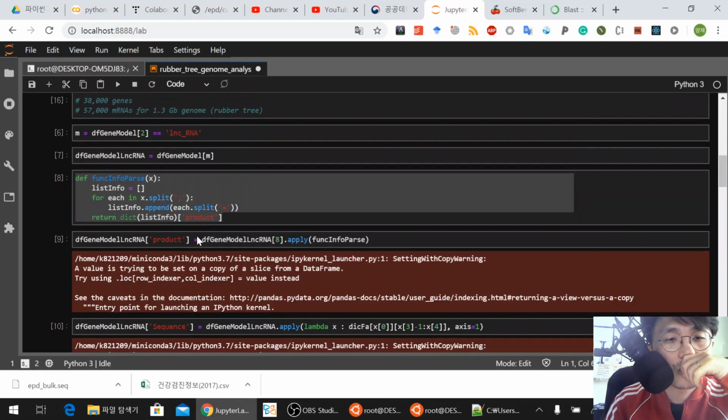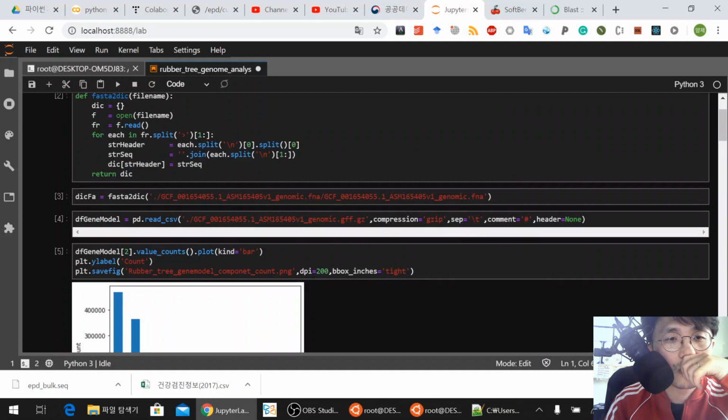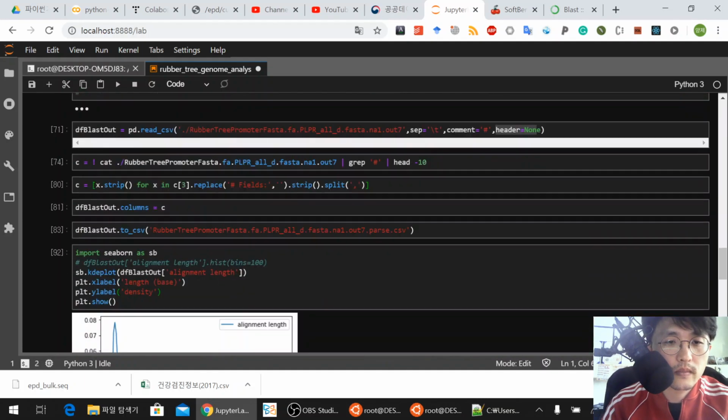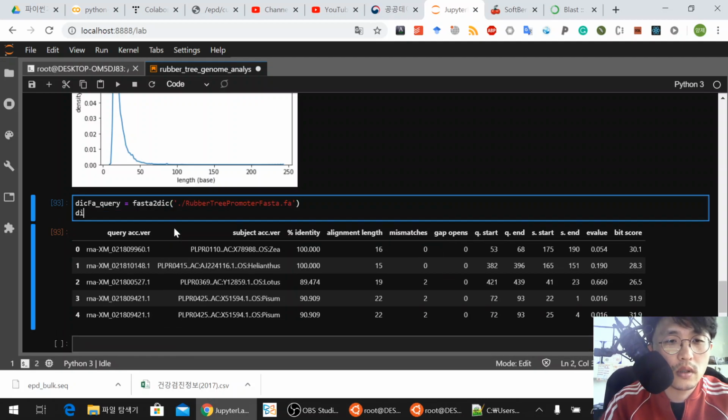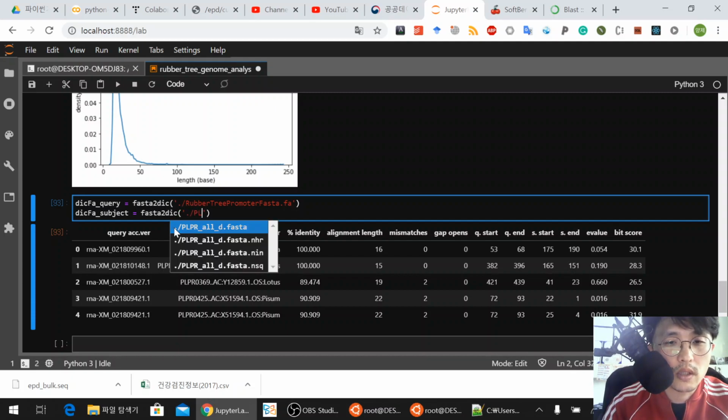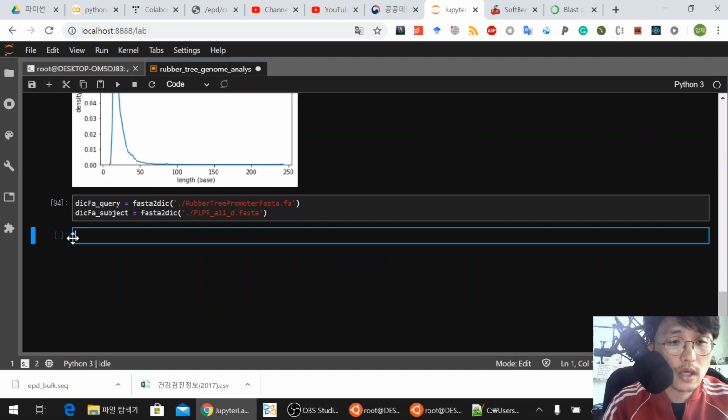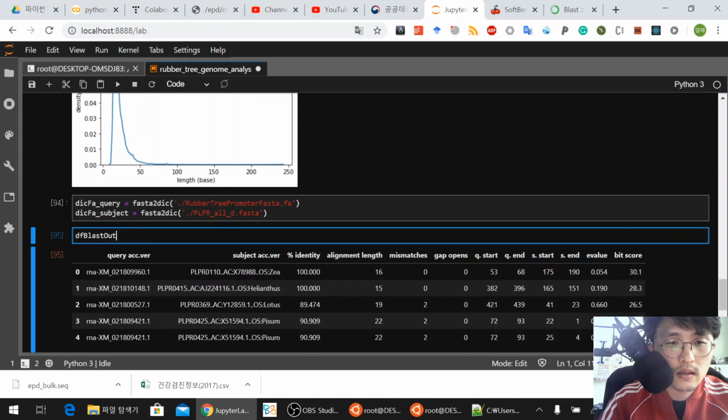Okay, this is not the one. So FASTA to dictionary. Okay. So we need to have query FASTA. So FASTA to dictionary. So what was that? Laboratory promoter FASTA was dictionary query, dictionary subject, FASTA to dictionary. What was that? This one. These guys are actually our query and subject. Flushed out. Okay, and our hit sequence